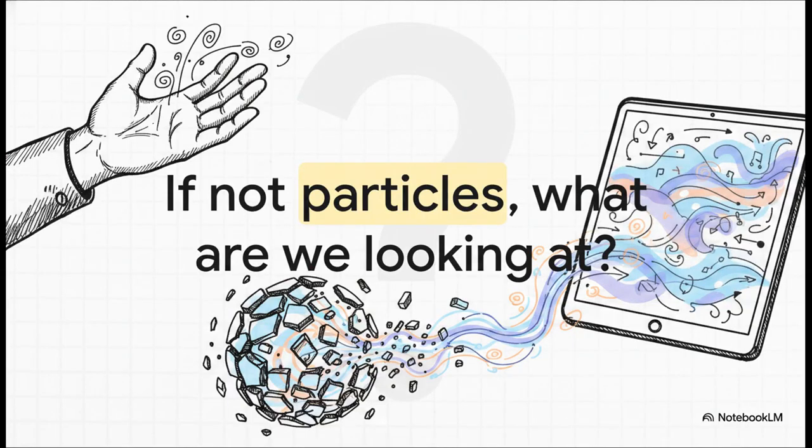I want you to take a quick second and just look at your own hands, or look at the screen of the device you're using right now to view this. Intuitively, we all just assume that reality is made up of static things. We think of the universe as this giant collection of solid, unchanging building blocks, like little particles stacked on top of each other, kind of like microscopic Lego bricks. But what if I told you that everything you're looking at isn't made of isolated things at all? If reality isn't a collection of static particles, then what exactly is going on right in front of our eyes?